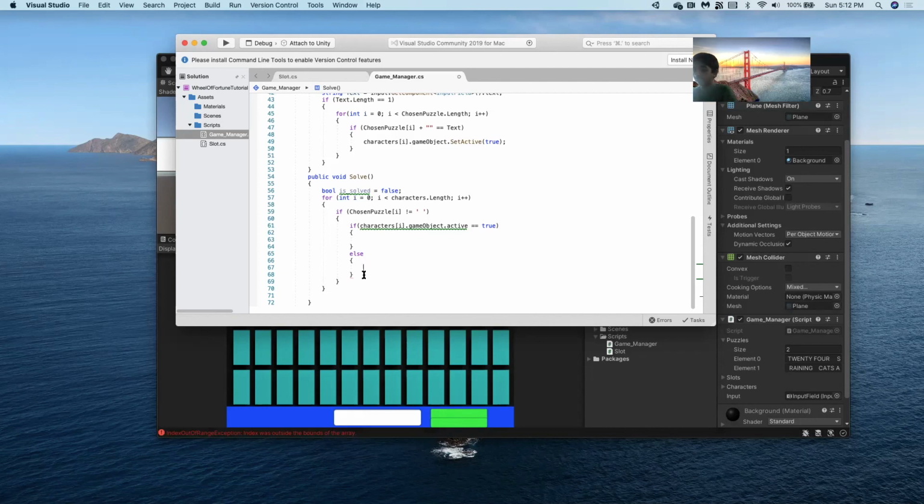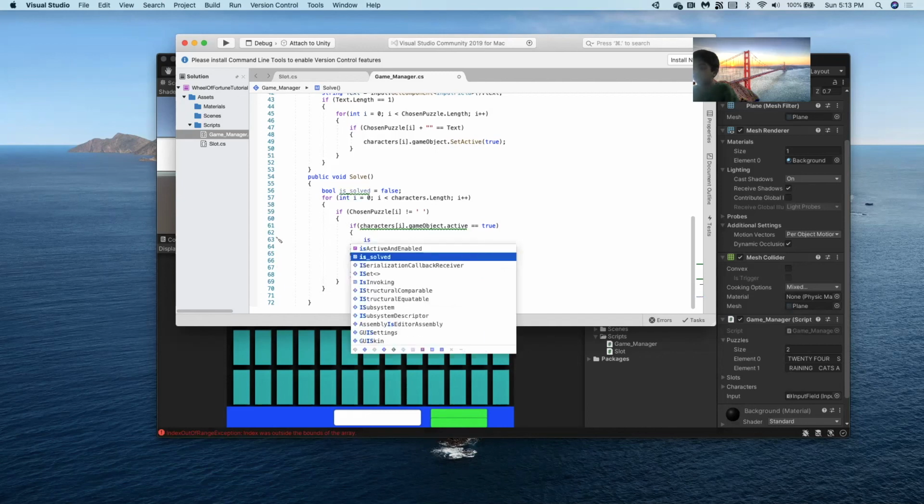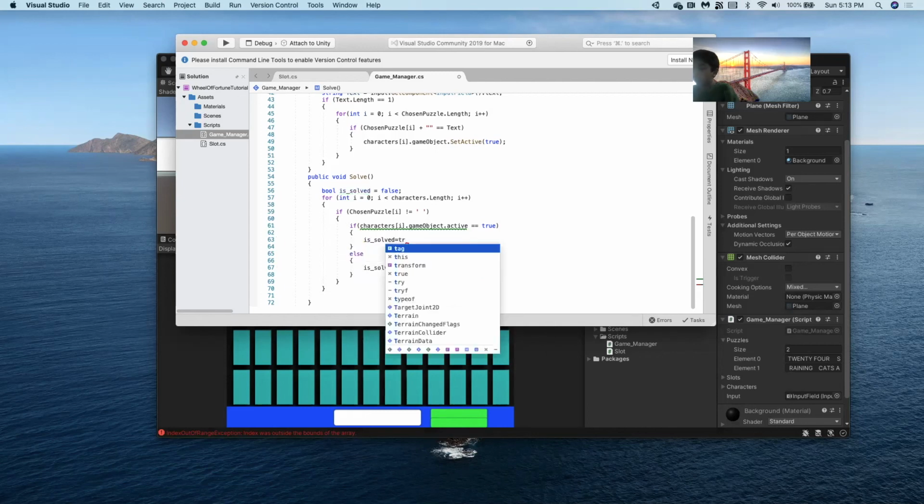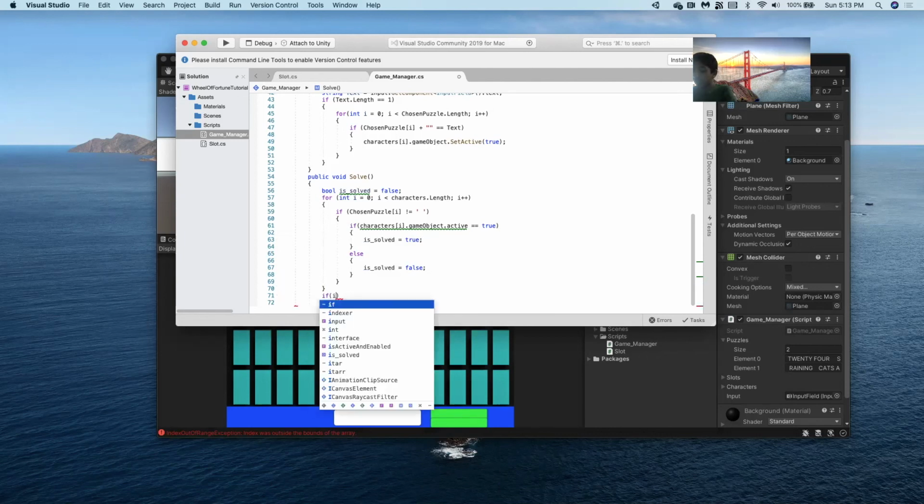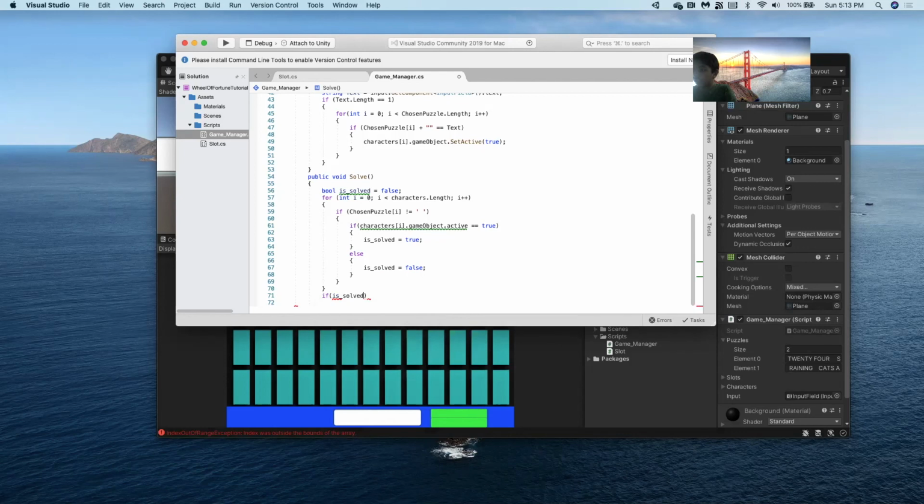So is solved equals false, and if it is true, then is solved equals true. Cool. And then at the end, once the whole loop is done, we check if is solved is equal to true, then